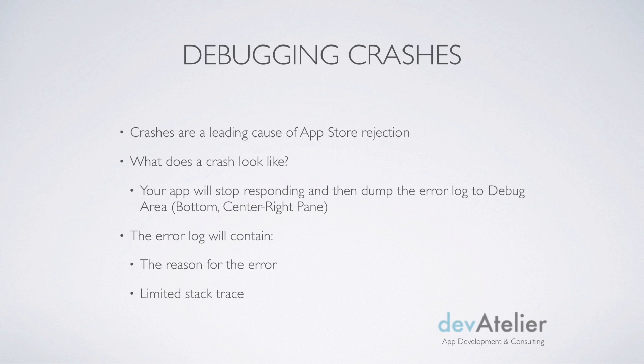Crashes are the one objective way, no subjective at all, to get rejected every single time. And like I mentioned, what does it look like? We all know from the user experience what it looks like. Your app just dies. But when you're debugging, what it'll look like is